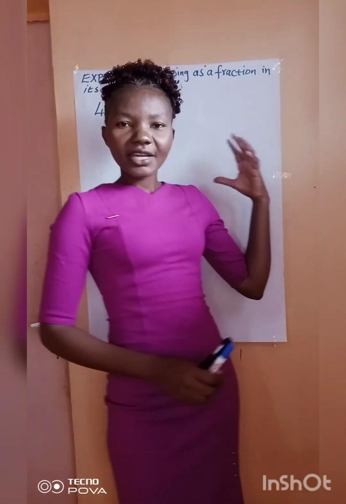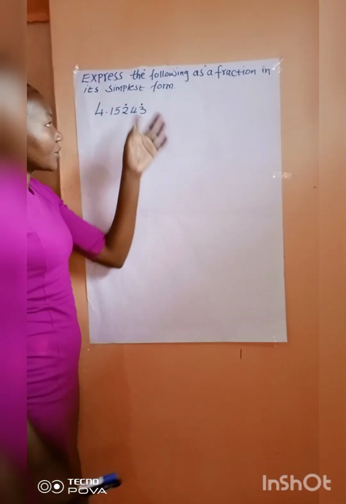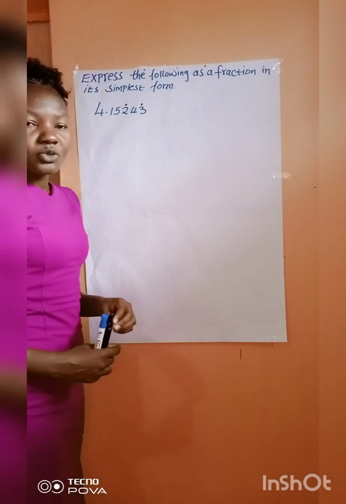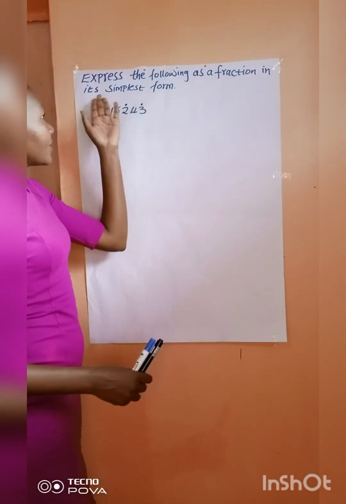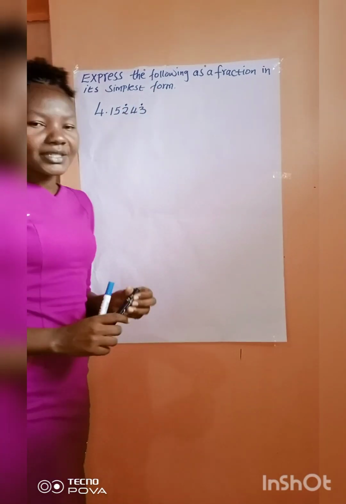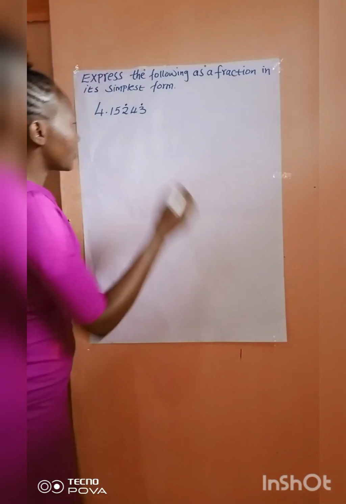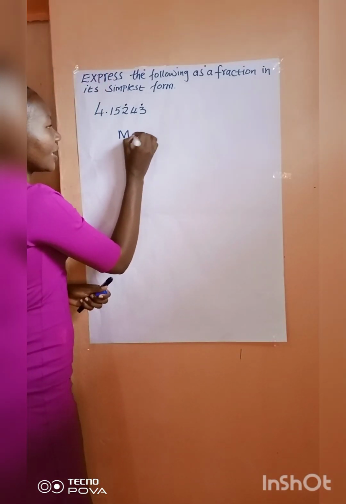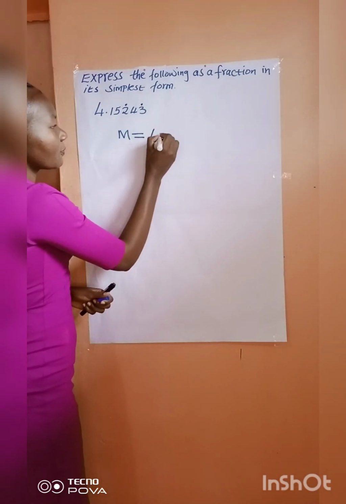Now, for this other question, we are going to look at recurring decimals, whereby you are given a number with recurring decimals, and then you are told to express it as a fraction in its simplest form. So to solve this one, I just have to think of a number like m. I can use m, and then equate this m to my number here, which is